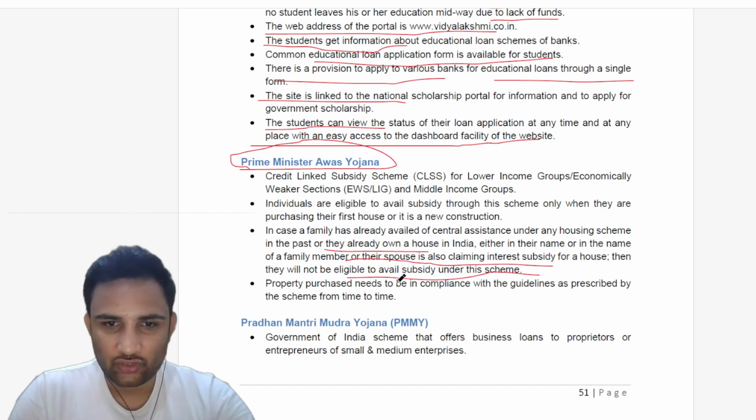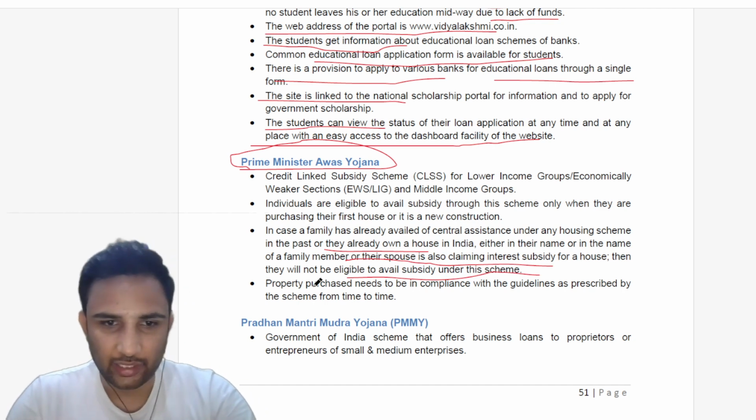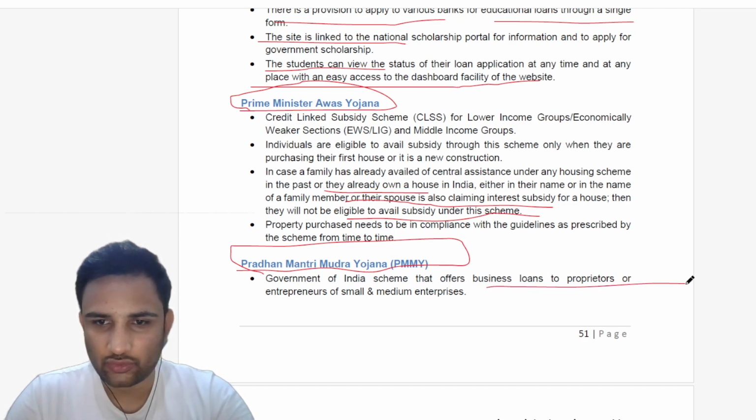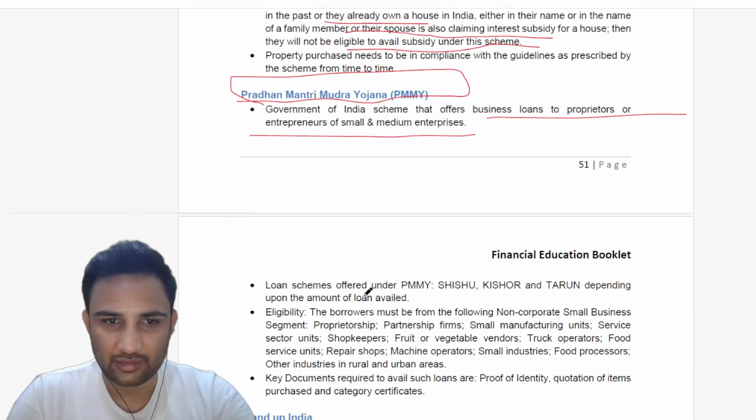Property purchased needs to be in compliance with the guidelines as prescribed by the scheme from time to time. Pradhan Mantri Mudra Yojana is a government of India scheme that offers business loans to proprietors or entrepreneurs of small and medium enterprises. This loan scheme is offered under